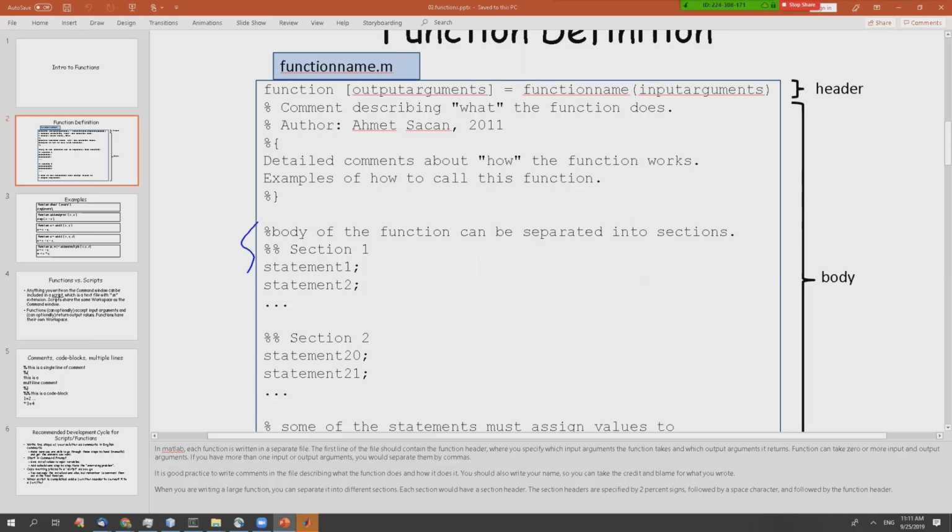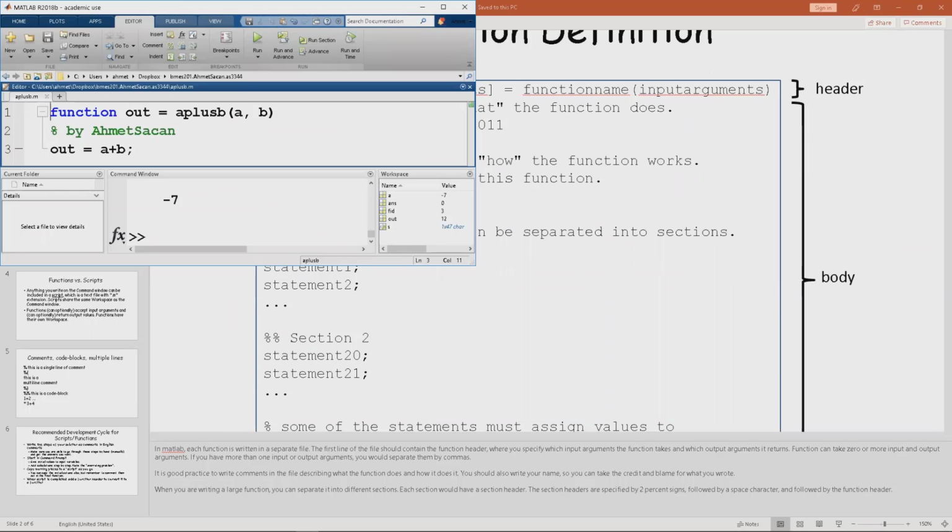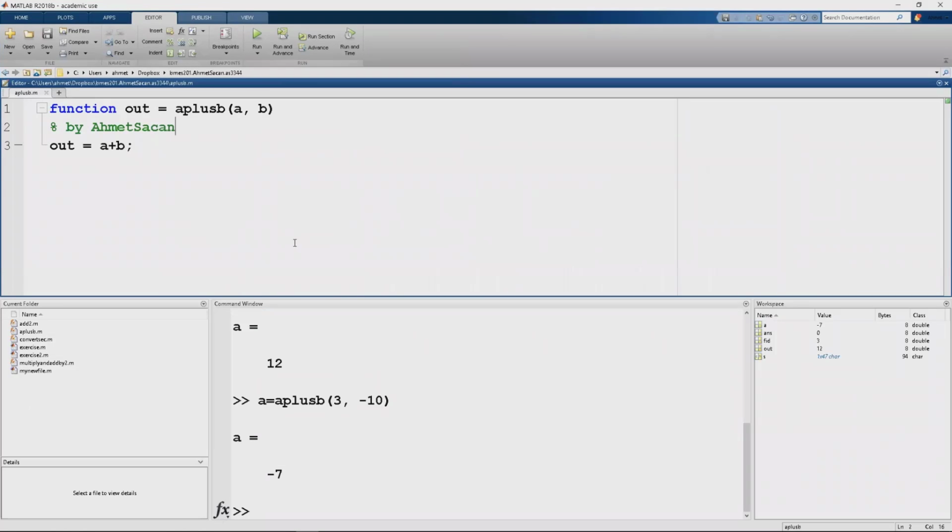Once we are done with the comments, the body of the function will contain the code to solve this problem. All right. I'm going to skip the other details shown on that slide and get back to this page and rework on this. Okay. So the first line is going to contain function, the output variables equals the function name. I should enclose this in square brackets. The function name a plus b, and then any input arguments a comma b. What this function does, takes two numbers and returns their sum